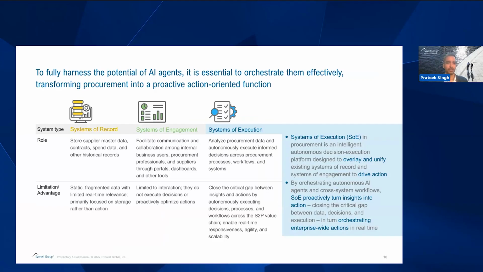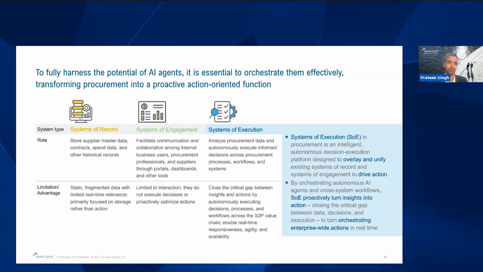So typically, most of the organizations would already have a systems of record, which is basically your foundational, I would say, layer wherein you would store your master data, your contractual data, your spend data, and other information that you would have within procurement. And typically, this is more of a static sort of a, I would say, layer that you would have, wherein